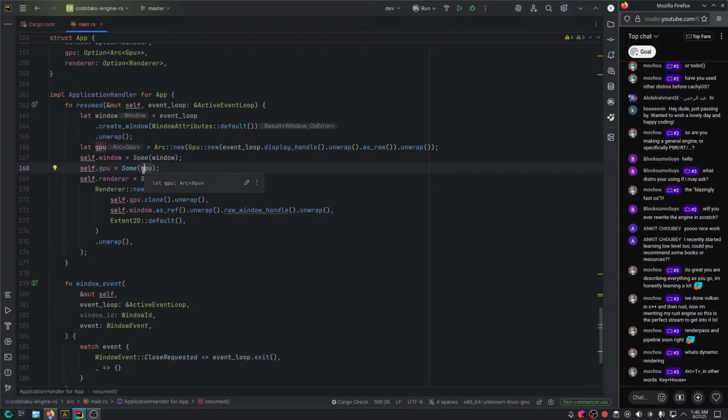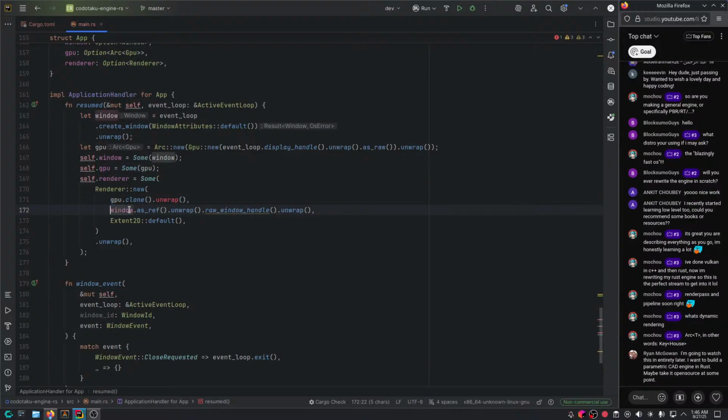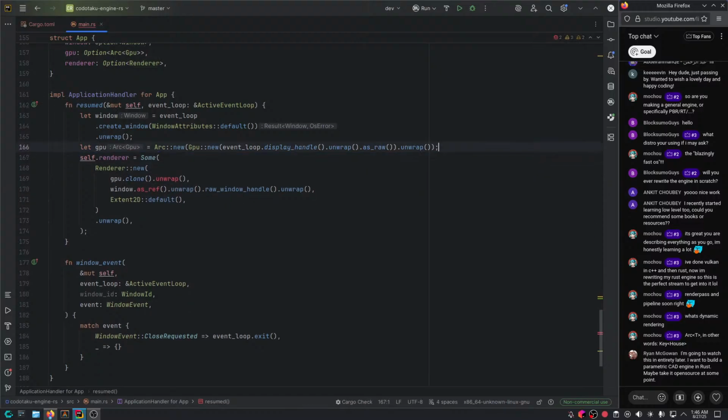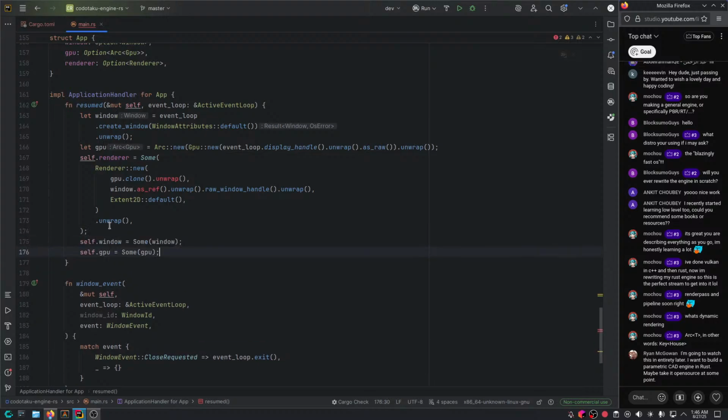Because they should be moved, and you shouldn't access them. If you use GPU and window, it's not going to allow you because it's moved to here. So make sure to do it at the end, after you're done with the objects.